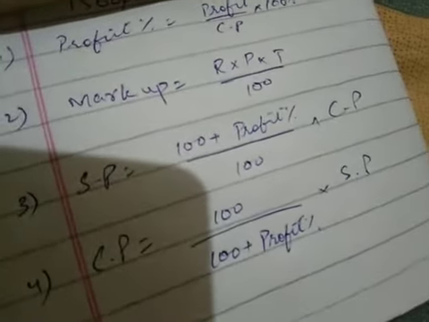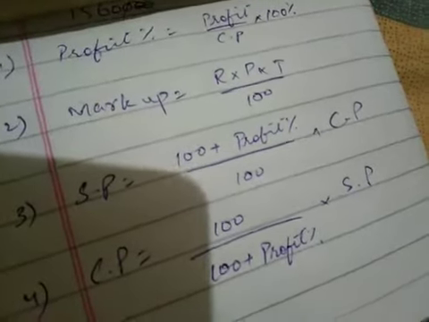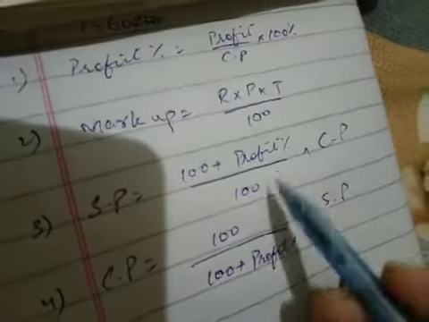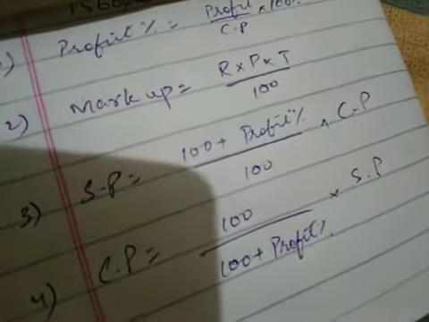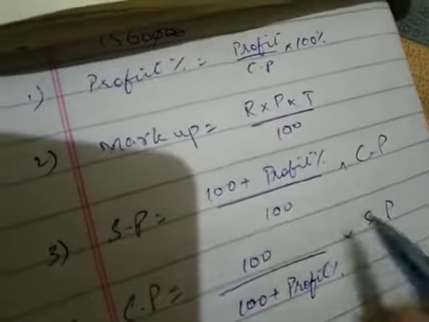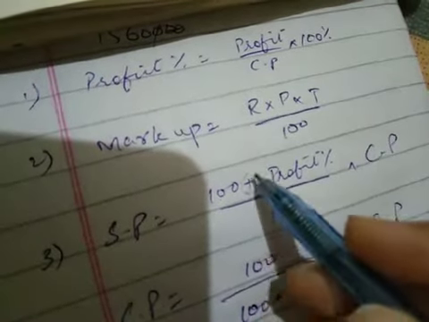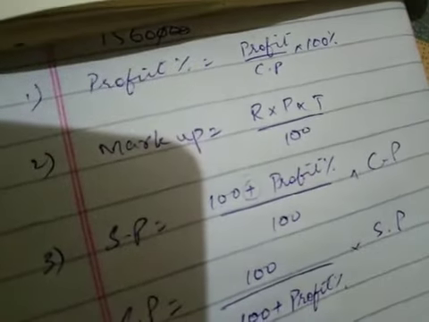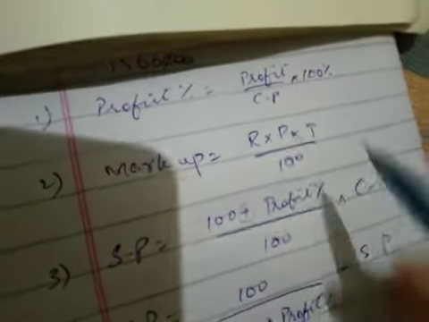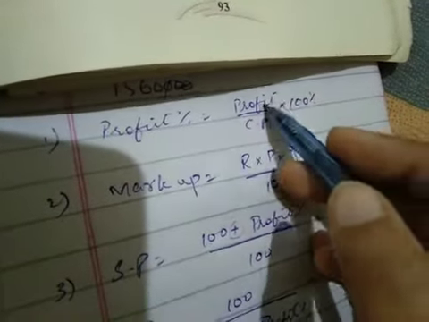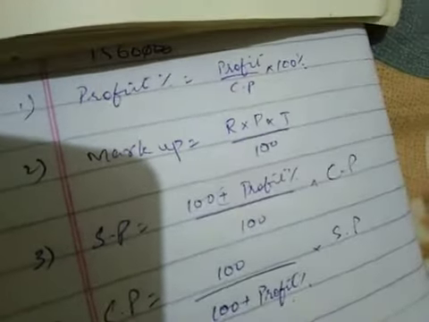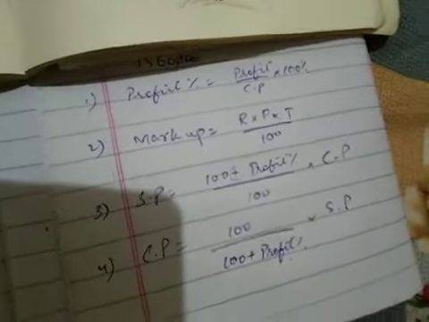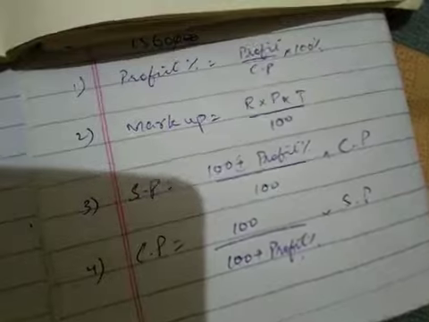These are the basic formulas to find sale price, cost price, profit percent, loss, or markup. Similarly, if there is a profit, you will use these formulas, but if there is a loss, you will use the same formulas but use the minus sign in place of plus: 100 minus loss percentage, and loss divided by cost price multiplied by 100. So you will learn these formulas so that it will be easy to solve exercise number 7.2.